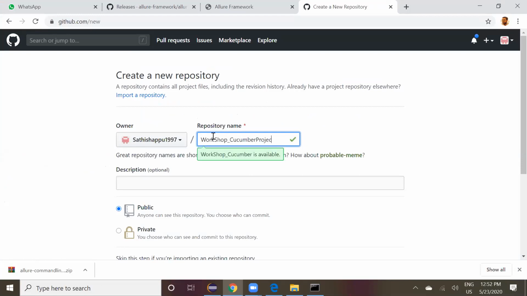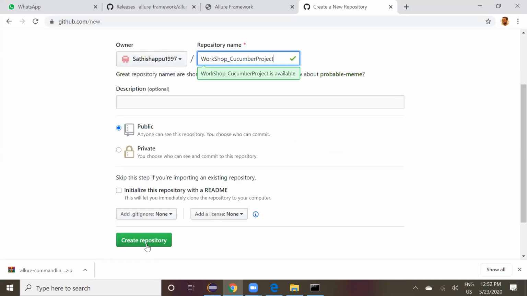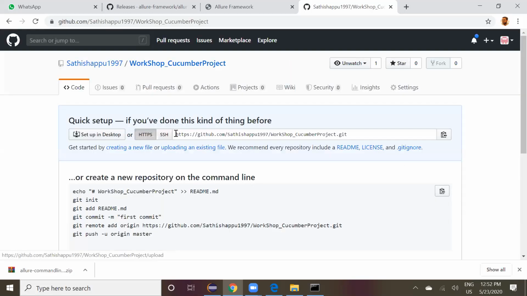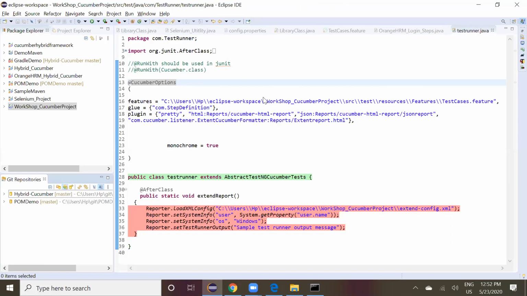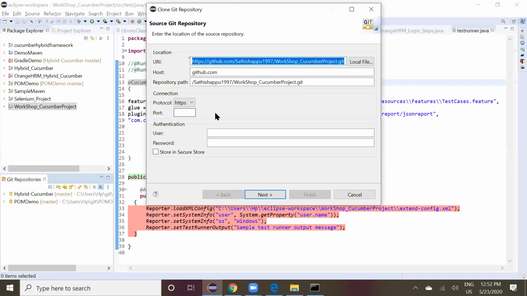Good. Okay, come down. Create repository. You copy this one and paste there. Click next.